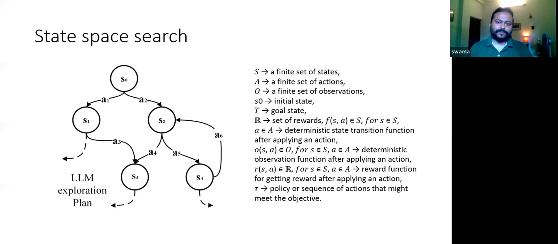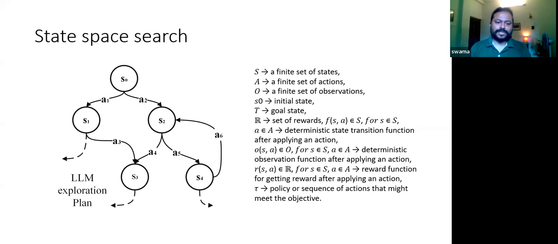Now, let's say while solving a specific problem or going towards a specific goal, let's say S10, the agent has to travel from S0 to S2 and then to S3. And after S3, it's a leaf node, there are no nodes available. Now here a random exploration is needed. So here we are querying the LLM with a specific prompt, with specific knowledge about the environment. I mean, the learnings, the current state space description, the action set, and all those things.